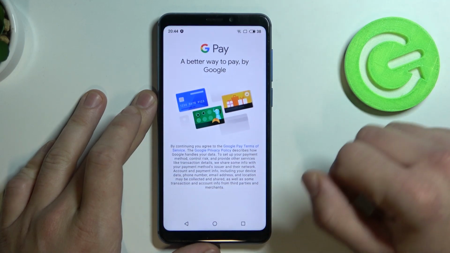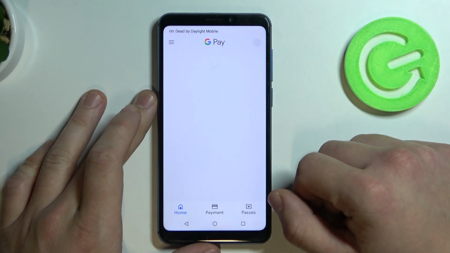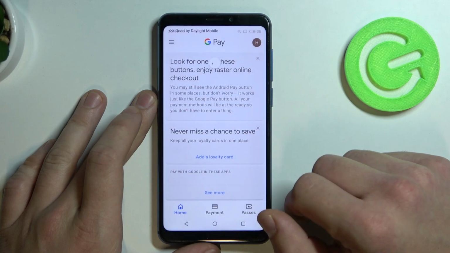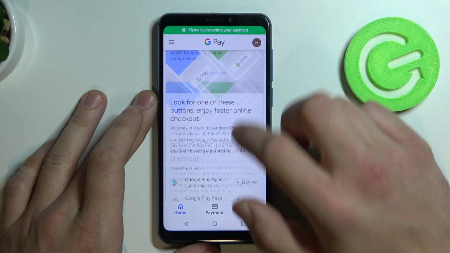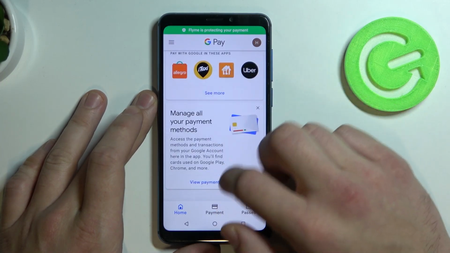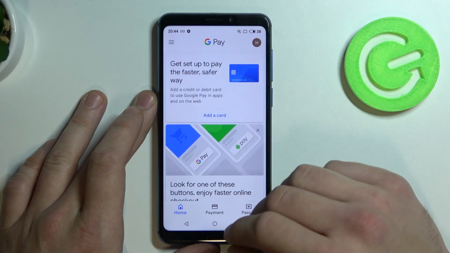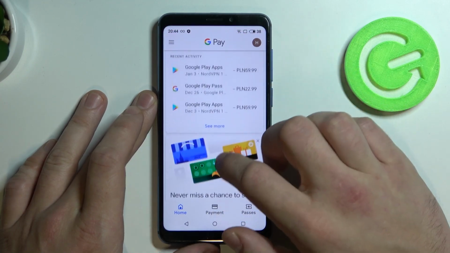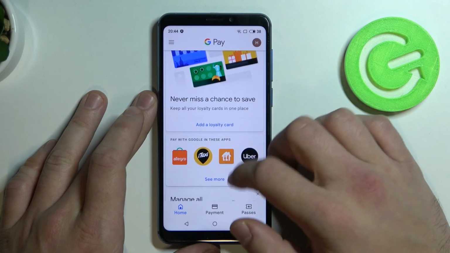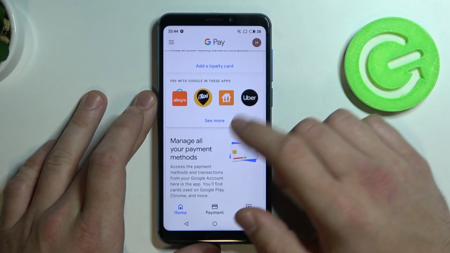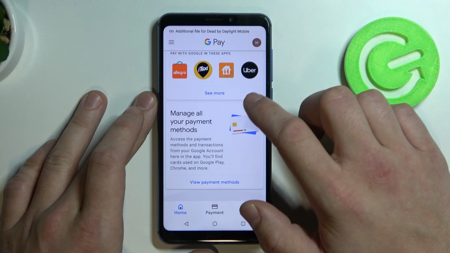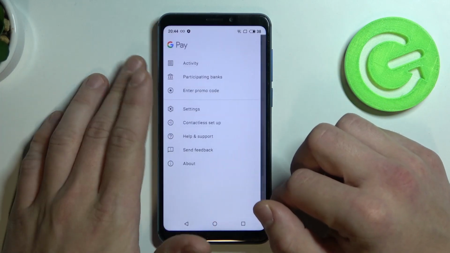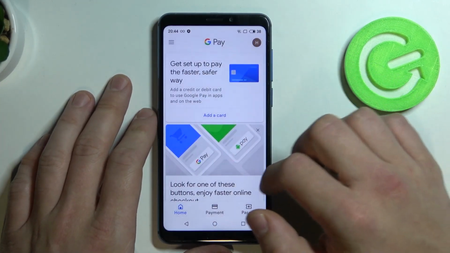Tap Get Started. Allow. And as you can see, this is the homepage of Google Pay. From here you can quickly add a card, see your recent activity, stay in the loop, or see apps that are connected to Google Pay. Then if you tap here, you've got access to your activity,